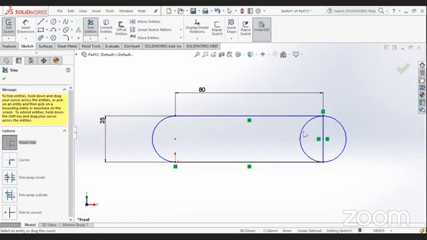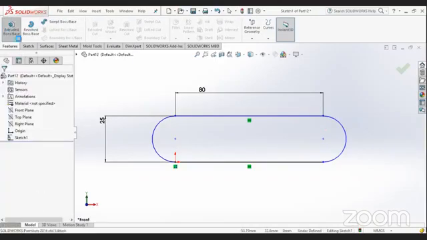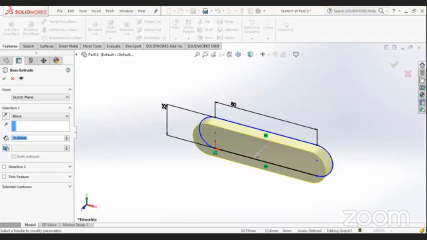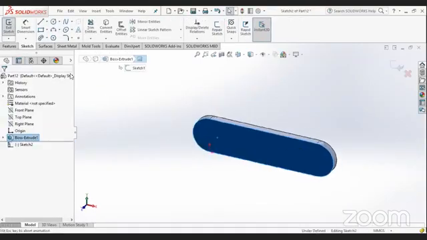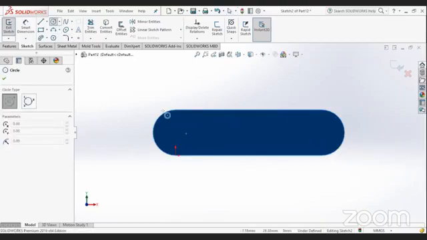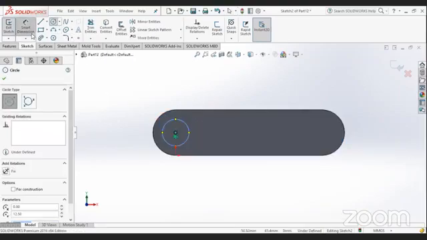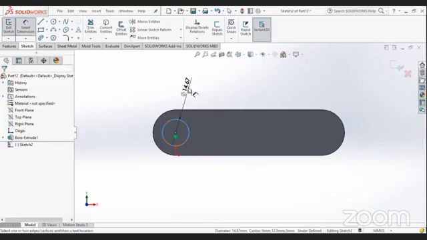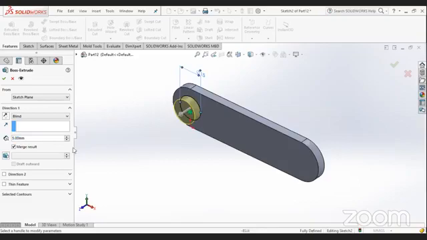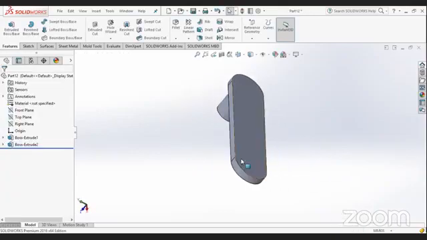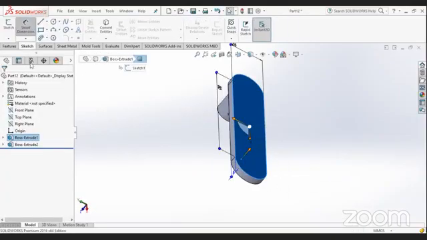Trim. Extrude 5 mm. On one end we'll select and do an extrude of, say, make a circle of 15 mm. This will be inserted on the plate. Okay. Say 20. Okay. Another. We'll create a circle.